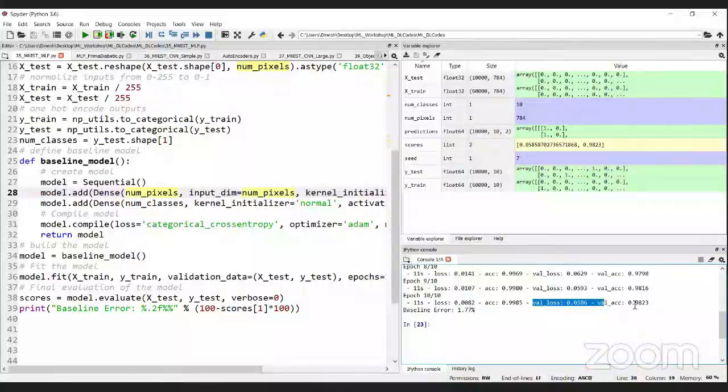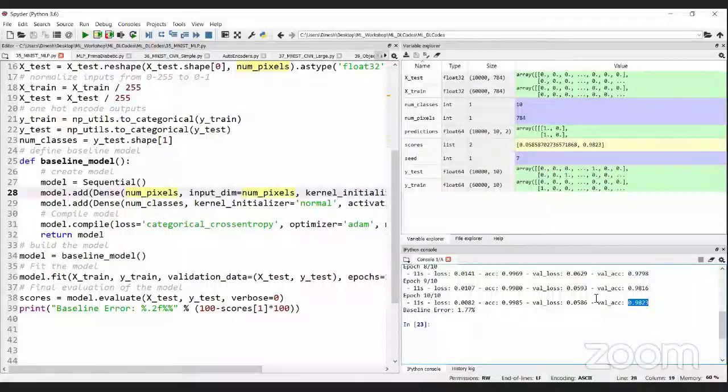When you test it on the testing data set, its accuracy is almost 98.23%. So with a very simple network architecture and only 10 epochs, if you increase the number of epochs to maybe 25 or 50, you can probably get close to 99 or 99.6% kind of result. So we are able to get 98.23% as the accuracy.